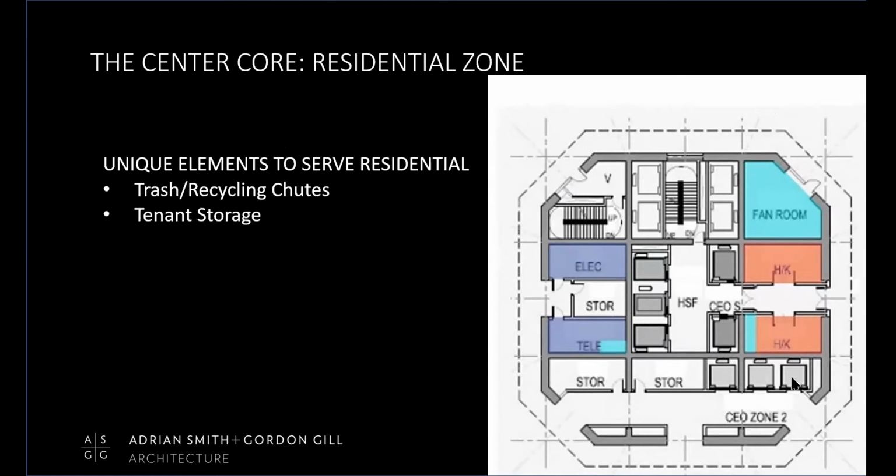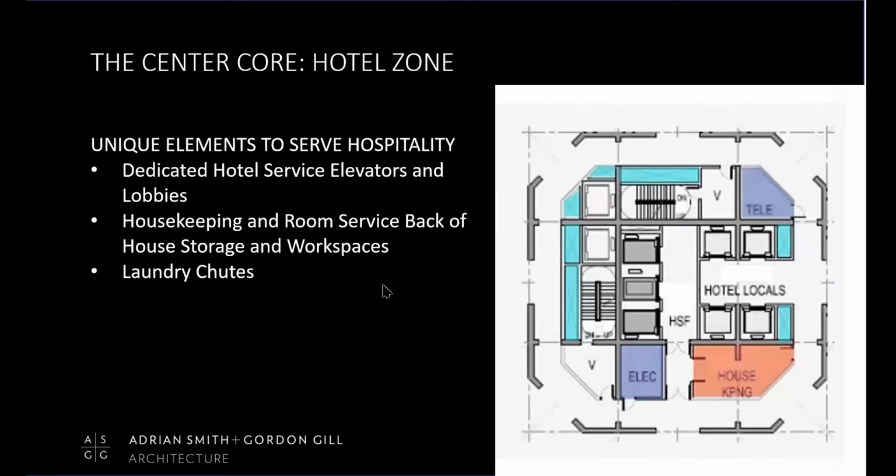The trash, certain elements that residential tenants need, like trash and recycling chutes and tenant storage, start to take some of that excess space in the core. So you can see tenant storage here. There's actually a fan room on this floor because it had a central system. The electrical requirements, et cetera, are a little different. So the rooms have gone by, and then up to the next tier, we have the hospitality or the hotel